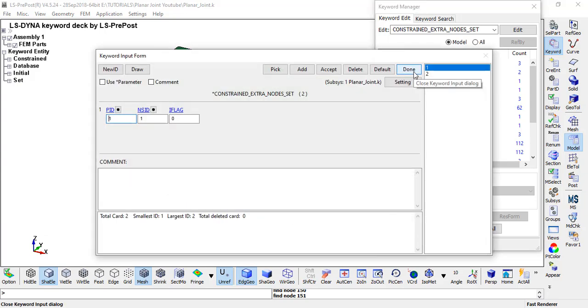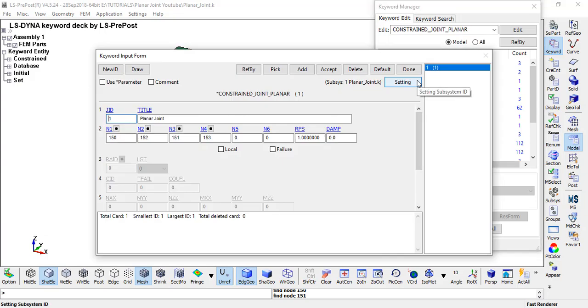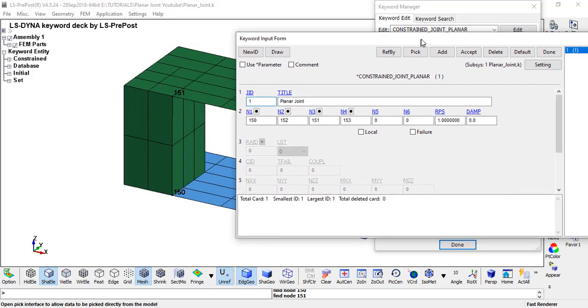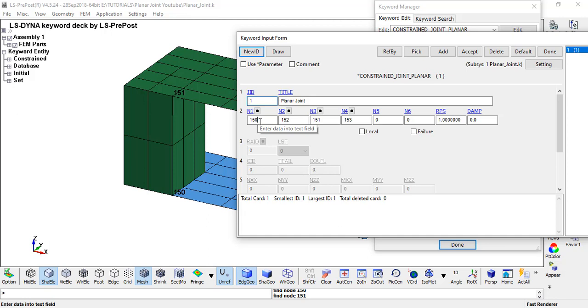After creating node sets, we need to create a joint planar. See, there has to be an order while giving the nodes in the joint planar. Keep it in mind. 150 is a point or node in either the fixed body or the sliding body. I think 150 is the point on the fixed rigid body.